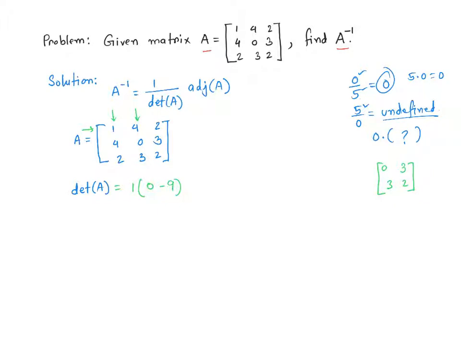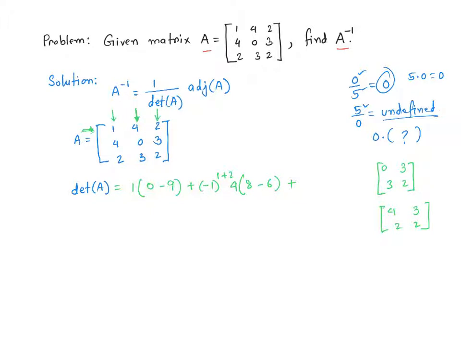Please note, it's going to have negative 1 to the power 1 plus 2, times 4. Then if you ignore the second column and first row, you will have 4, 3, 2, 2, and the determinant of that is going to be 4 times 2 is 8, minus 3 times 2 is 6,